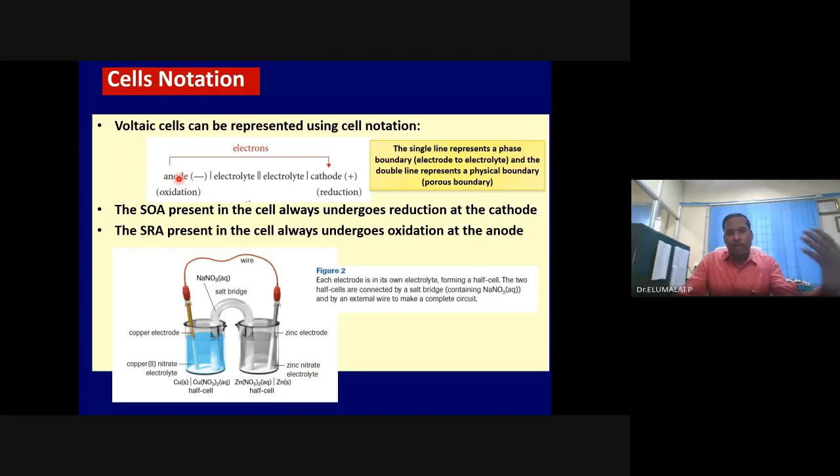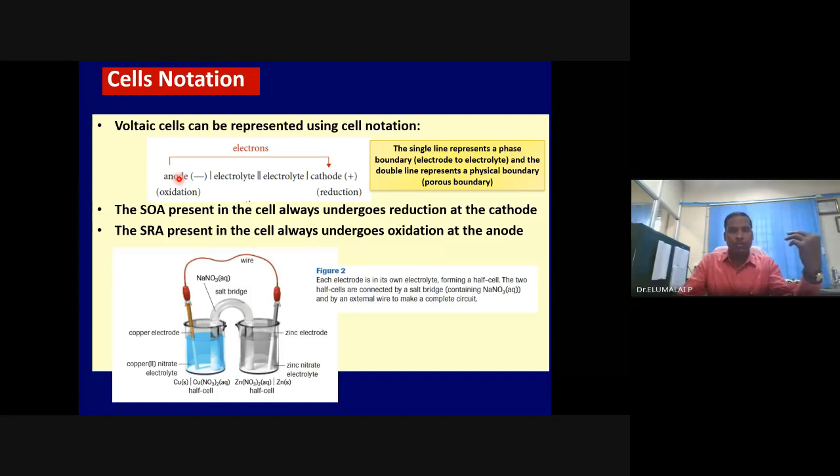And we know that an electrode is not just a conductor, it should be immersed in an electrolyte, in a solution. Platinum is not an electrode. Platinum in contact with this acid or base is an electrode. Carbon is not an electrode, but carbon in contact with sulfuric acid or KOH or electrolyte, even just water containing some salt, is an electrode. Mere conductor is not an electrode.